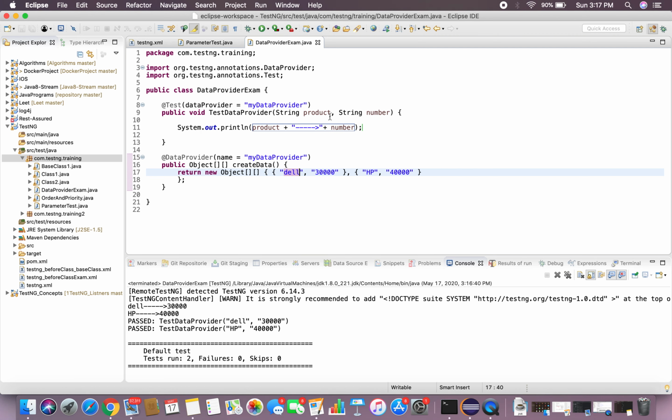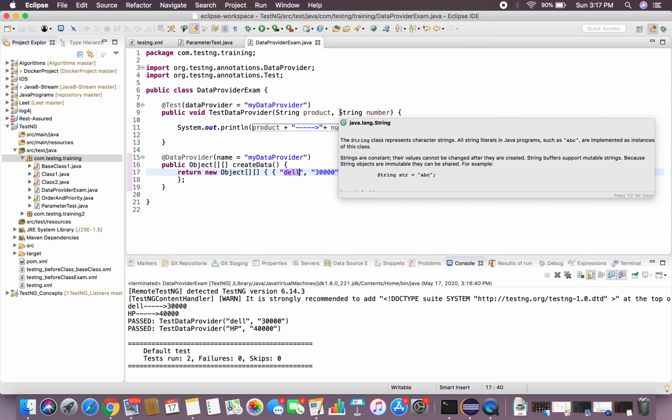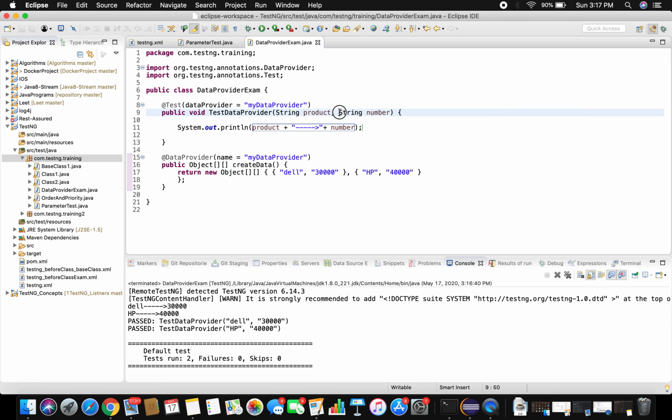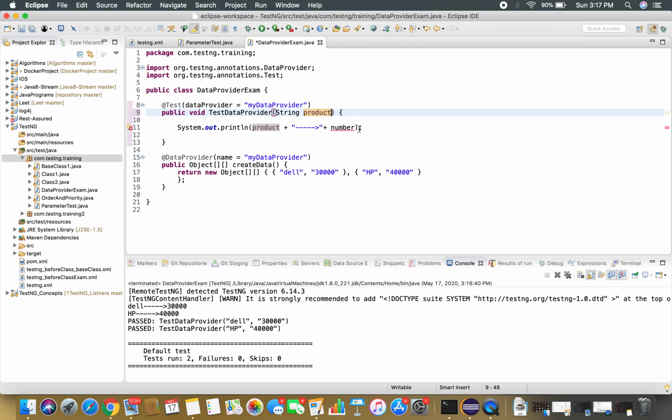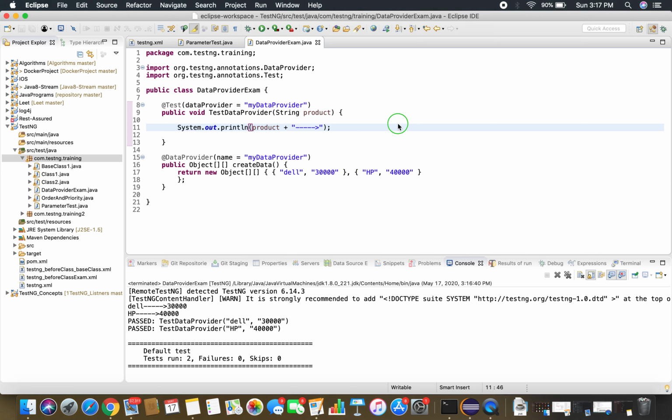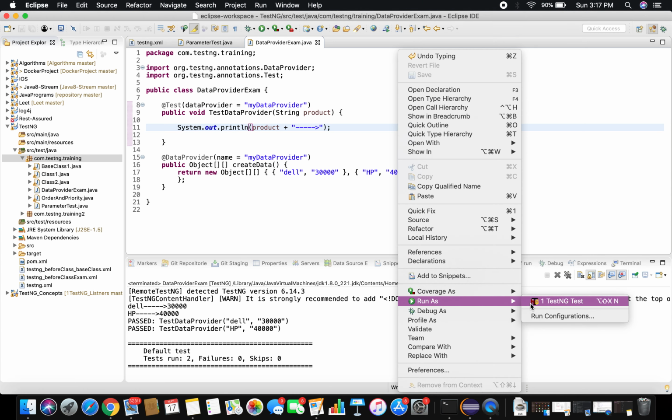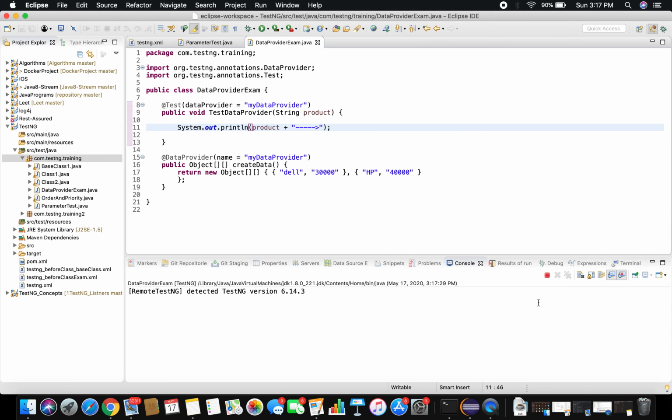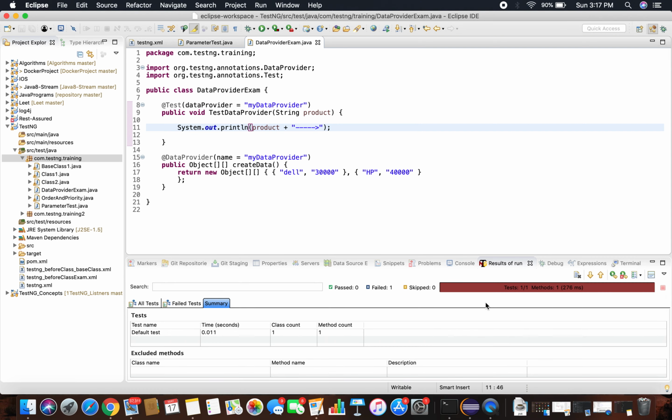Now let's remove one parameter and see what will happen. Let us remove one. Let me remove this also. If you run this, you are going to see an exception because the number of parameters doesn't match the number of elements.